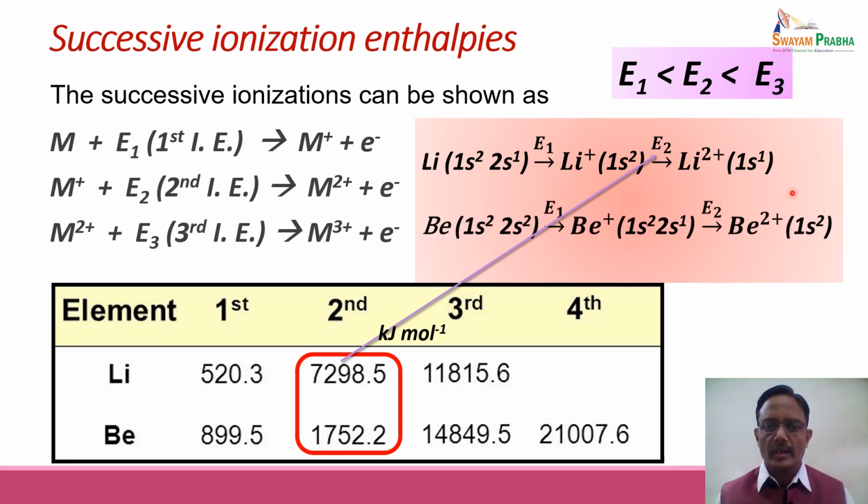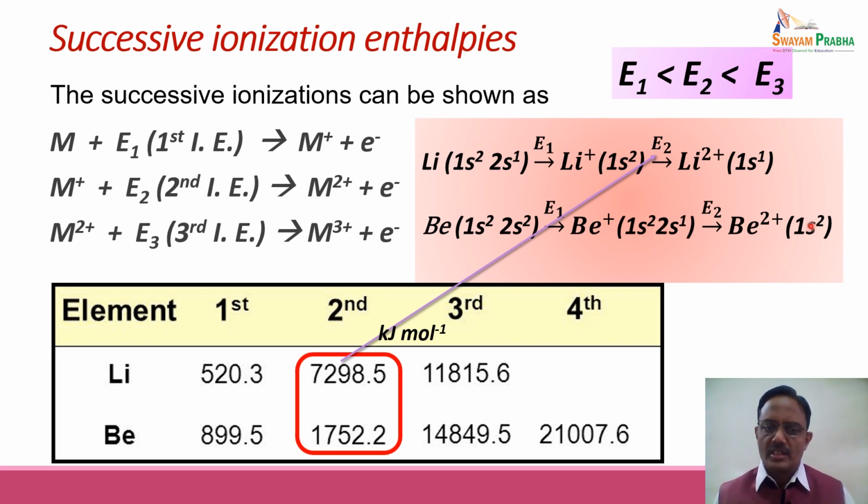Now if we consider beryllium, beryllium has electronic configuration 1s2, 2s2. So if we remove the first electron, leading to formation of Be positive, one electron is lost and the electronic configuration is 1s2, 2s1. Now the second electron has to go from the 2s1 configuration, and 2s1 is not an extra stable